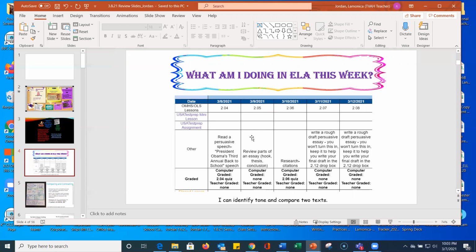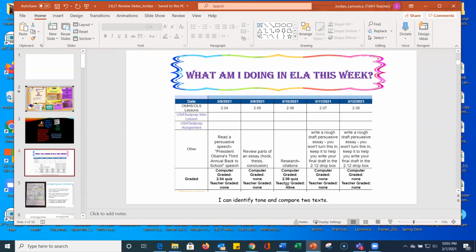Tomorrow, on Tuesday, when we do not have live classes, you're expected to do lesson 2.05. With 2.04, there was a quiz attached to it. Remember, go back and pull your notes up from 2.03 when you're doing that quiz so that you can make the best grade possible, because you may see questions from 2.03 on that. On Tuesday, you're supposed to do 2.05. There is no quiz attached to it, but it's important to know to get you ready to write your persuasive essay. All right. On Wednesday, you should be working on 2.06.